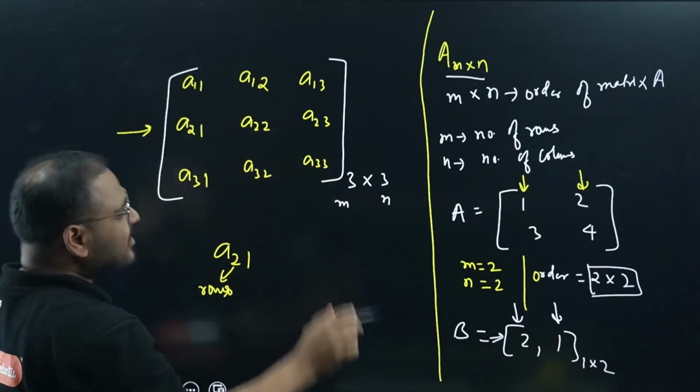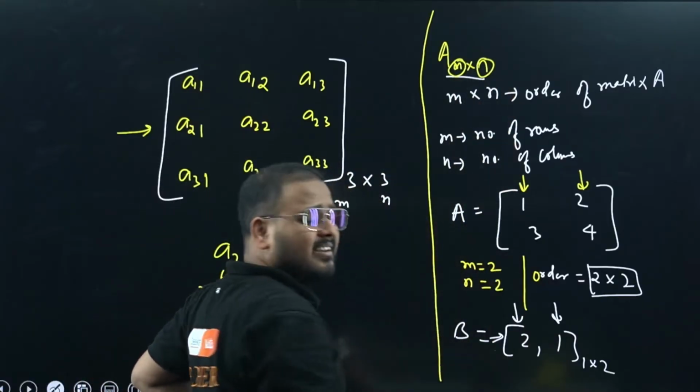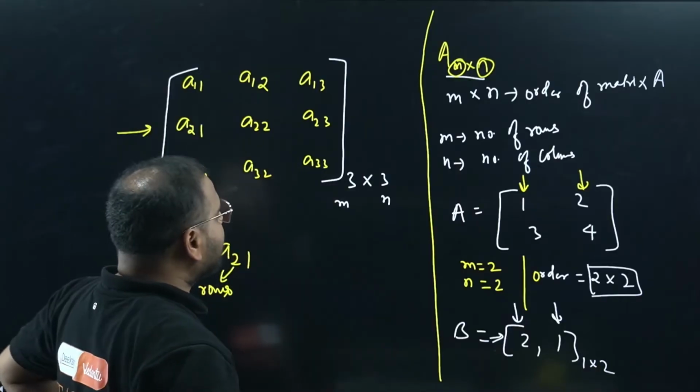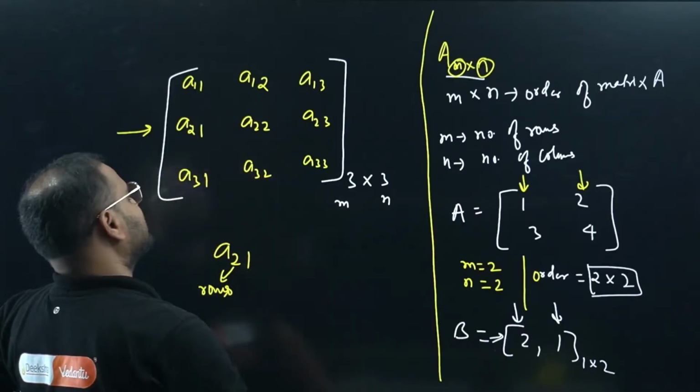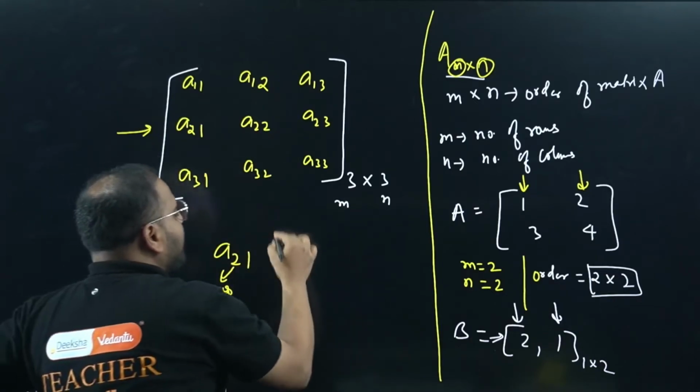This is the general form for the given case where I have taken M and N as my number of rows and number of columns, where M is 3 and N is 3. This is how I will write my matrix. So basically in general form what we do is we write it as